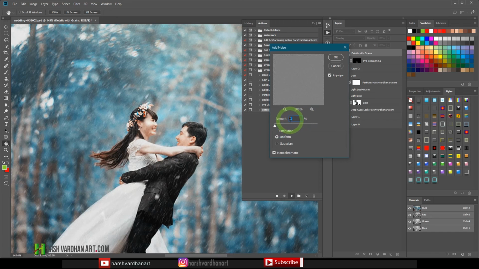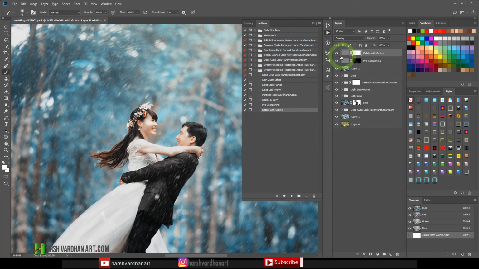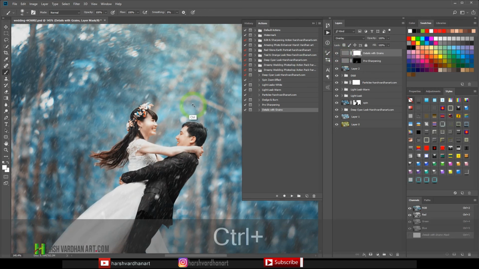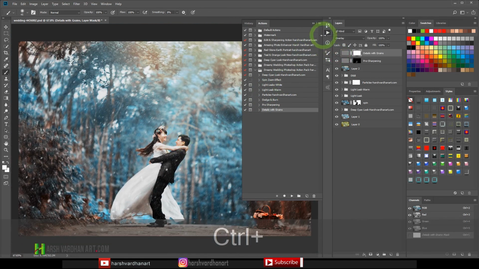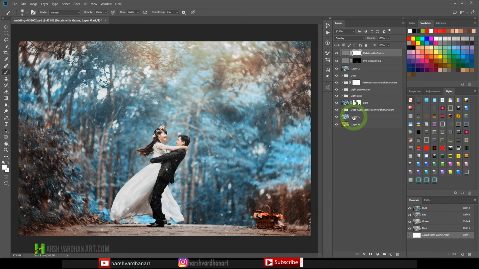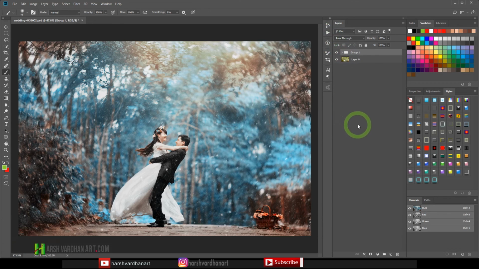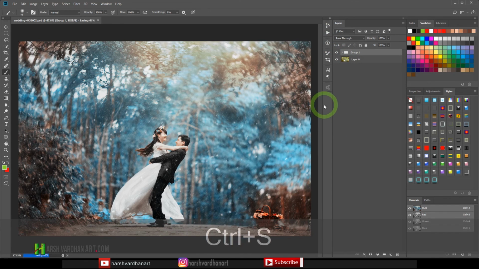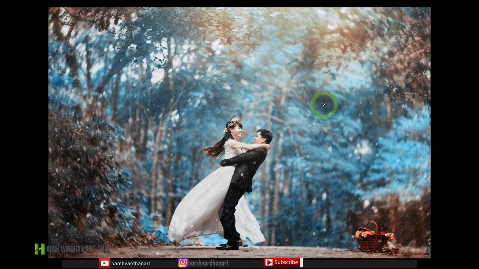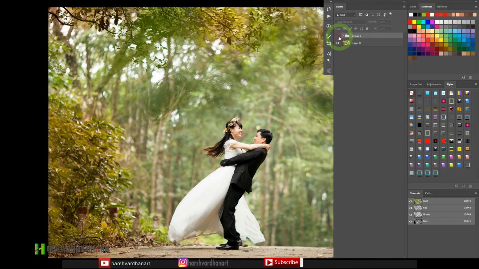or 1.5, and press OK. So basically it's going to add some grains to the image, so it would give you some extra sharpening with the help of these grains. And this is our final result. You can see, let me select all these layers, press Ctrl G to group them together and show you the final result. So this is our final Dreamy Wedding Effect in Photoshop using my Dreamy Wedding Photoshop Action Pack,